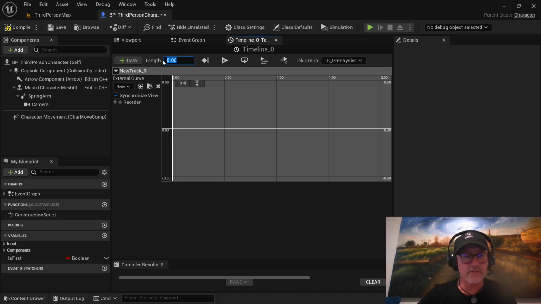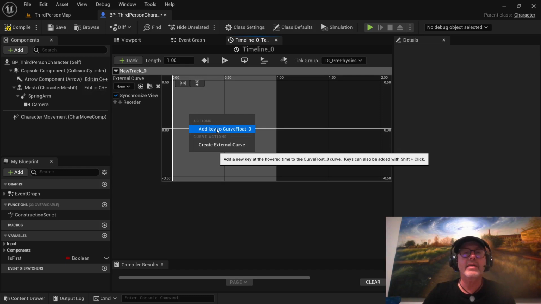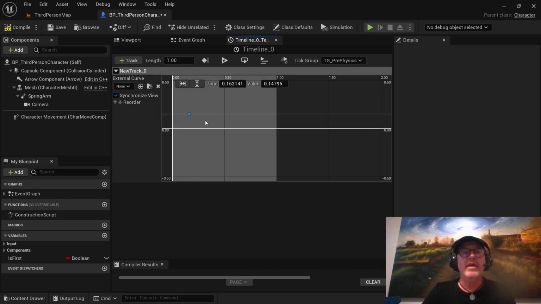And just try that again. There we go. So 1 second. And what we need to do is add 2 keyframes, one for the start and one for the end. So we right click and we go add key to curve float. Now it adds it randomly wherever you click, but what we then need to do, if it's highlighted, is set the initial time, which will be 0 for the start,